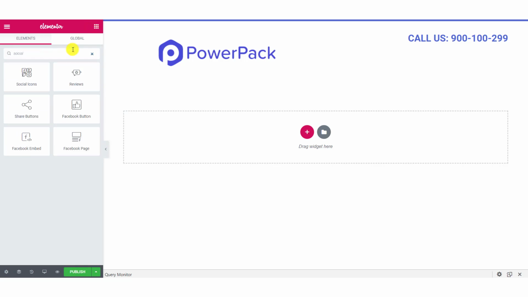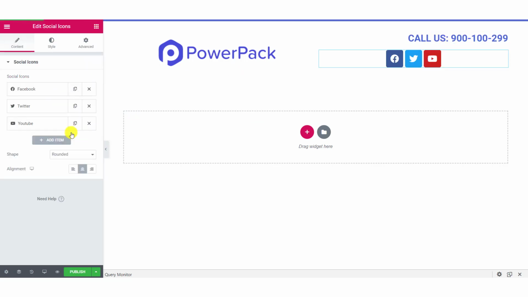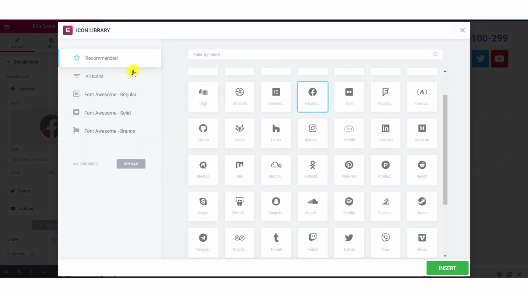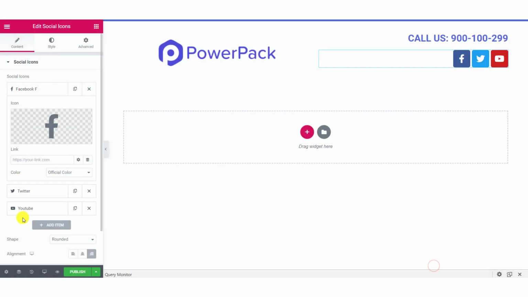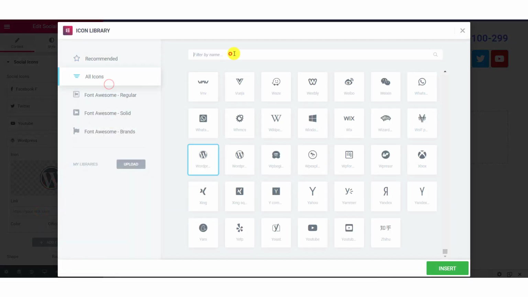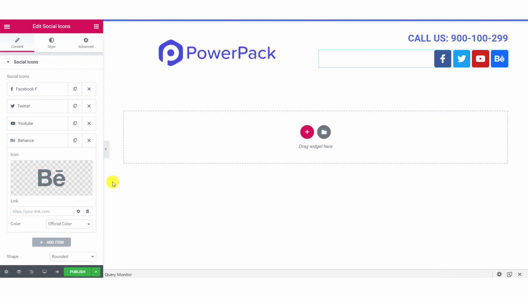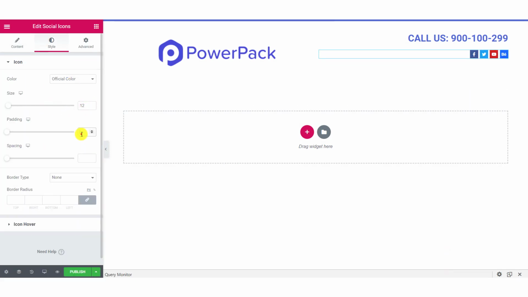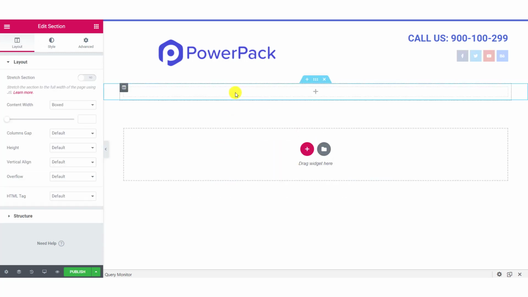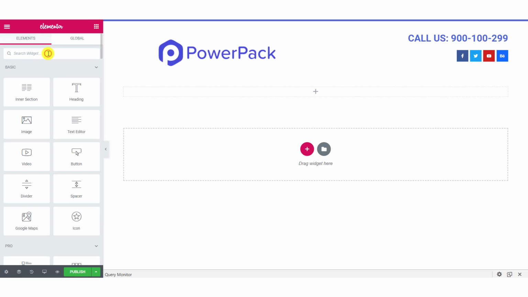Let's also add social sharing icons to our header. Now we'll add a navigation menu to complete our header.